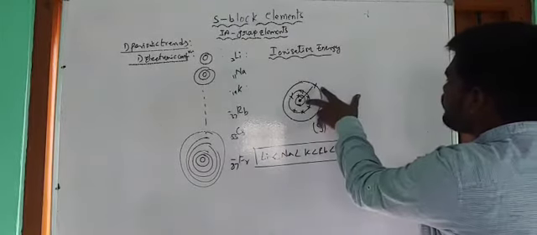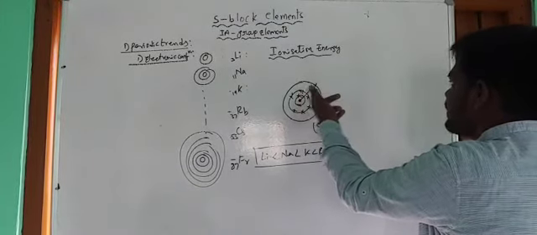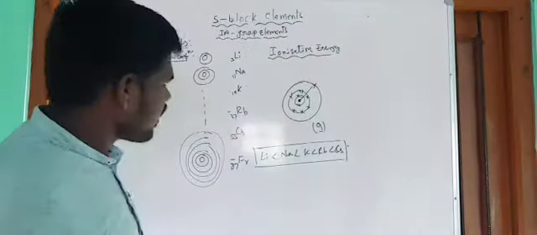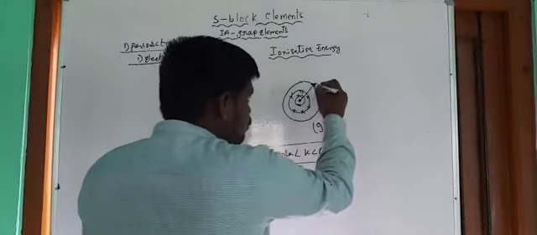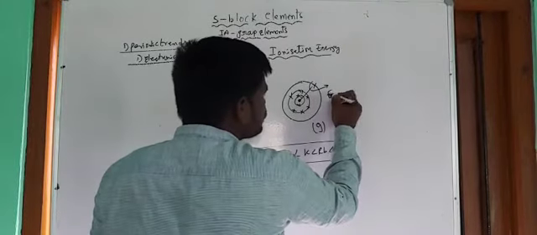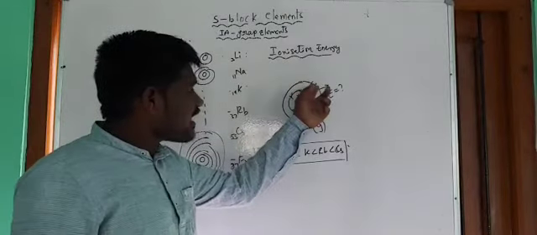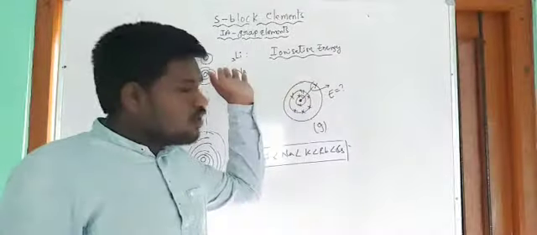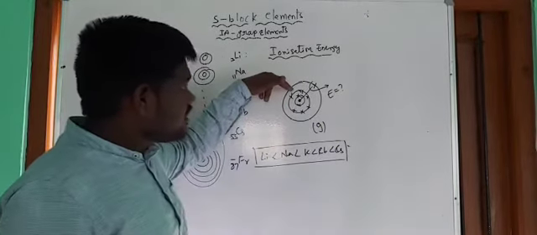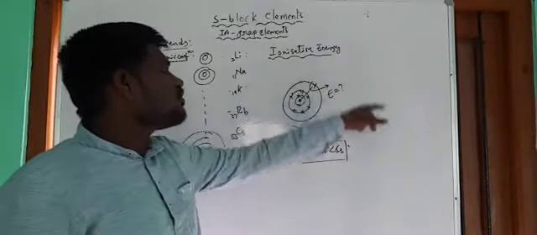There is some interaction between the nucleus and the electron, because the nucleus contains positive charge and the electron contains negative charge. Opposite things always attract together, right? Now, to remove this electron from its outermost shell, we need to use some amount of energy. Why do we have to use energy? Because the electron is attracted by the nucleus. We need to overcome that attraction, and to do so we need to supply energy. When the energy is supplied, the electron is removed from the outermost shell.